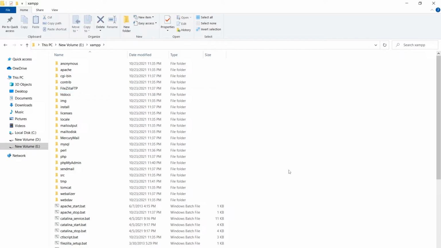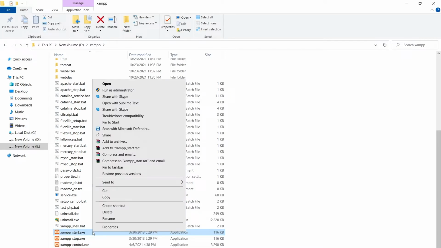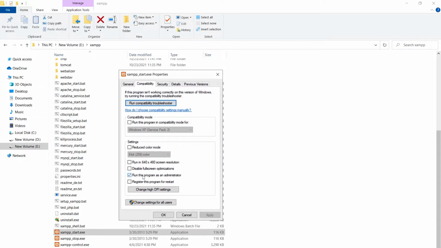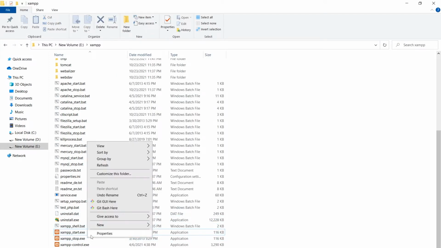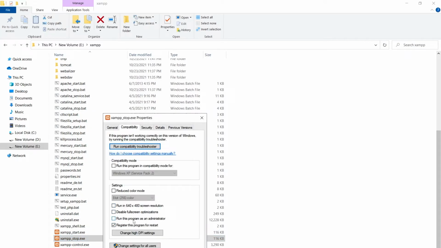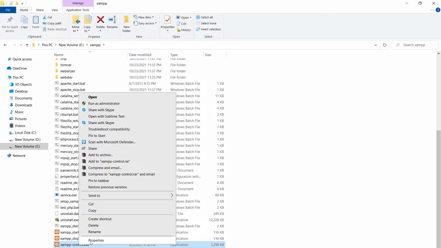If you click at that quit button and it gives you an error, you should go to the XAMPP folder, and then for these three exes, you should click at properties, go to compatibility, and then hit this run this program as an administrator. Check this box. For example, if I uncheck this box and apply, same for this one, and for control.exe.